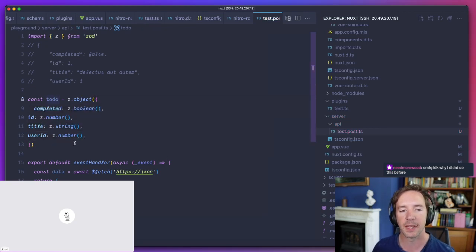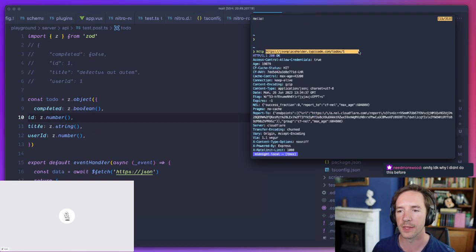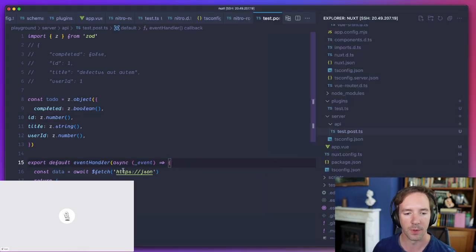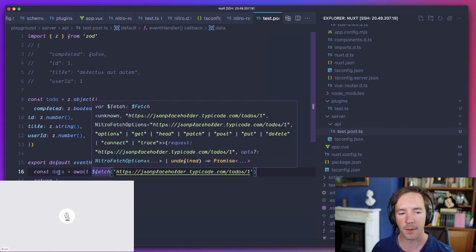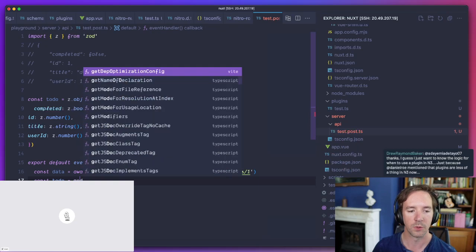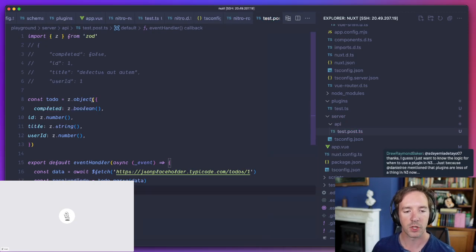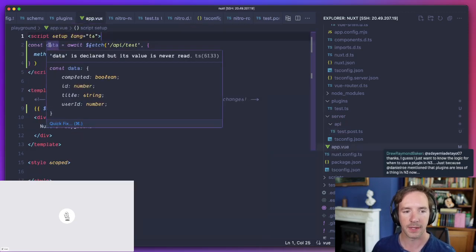And then, having done that, you can validate the response, so the unknown that comes in, and then you have type safety for the rest of your app. So you don't declare it here; it comes in unknown. You then say, todo is z.todo.parse(data), something like that. And then you can just return it, which means that you have type-safe access in your app, because at this point it's safe.